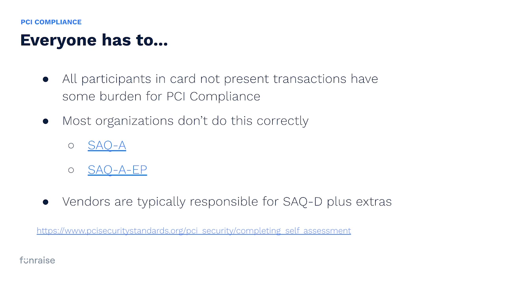A lot of organizations come to us and they don't know what SAQ A is. They don't know that they are a merchant, right? They have a Stripe account or they have a merchant account, and they need to, in fact, do a small amount of paperwork, especially if you're with a vendor like Funraise, which minimizes your PCI scope. But it's not always the case. The scope can vary quite a bit depending on what vendor you choose or whether or not your vendor is actually doing the correct things and being compliant themselves.